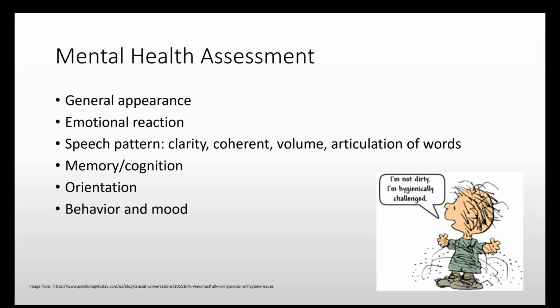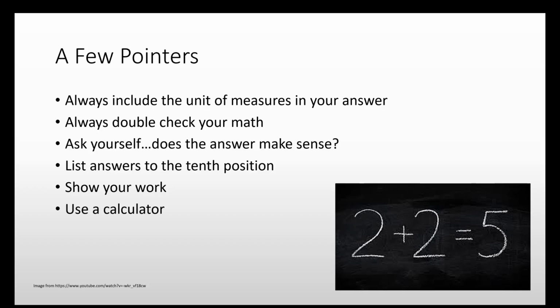We look at their memory and cognition. So if you introduce yourself and they forget your name within 5 minutes, okay, that might be a concern to you. What is their orientation? Again, that's alert and oriented times what? We have our behavior and mood. Are they normal? Are they just a little off, or are they bouncing off of the walls? What are you looking at there in terms of that? All right, guys, that is our reference here